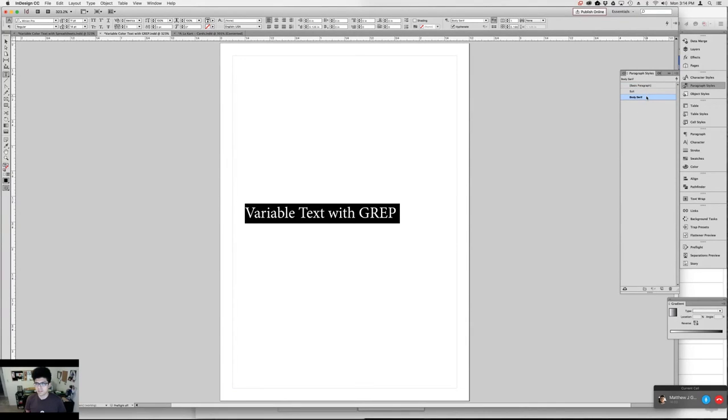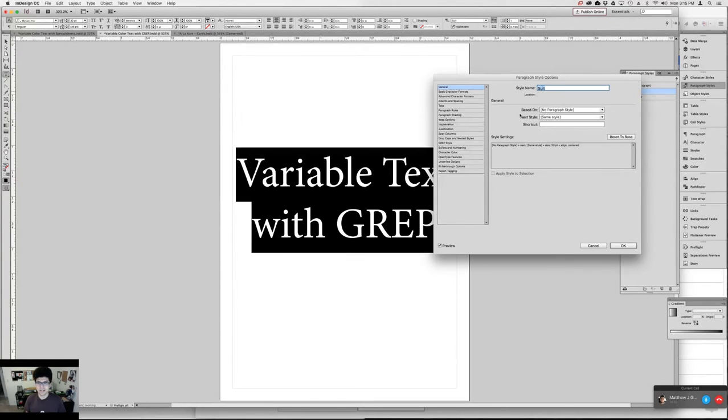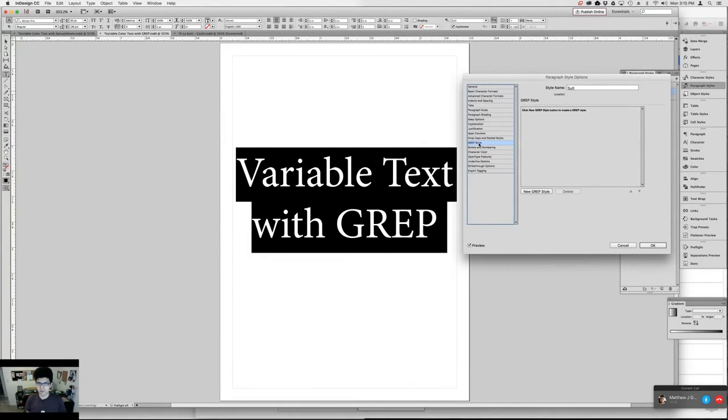Oh, actually, wait. I already got a paragraph style here. So this paragraph style is called suit, and the attributes that it has are that it's Minion Pro, regular, size 30, leading is 36 point, and you can do all sorts of other stuff with paragraph styles here. You can change the leading, the tabs, the indents, all that stuff. The key thing that we want to focus on right now is grep style. And that's a submenu here within the paragraph style options, and you'll set up a new grep style,